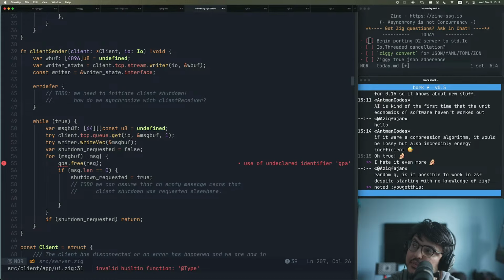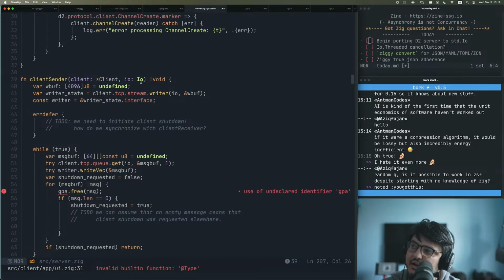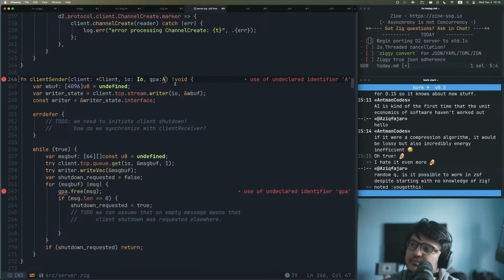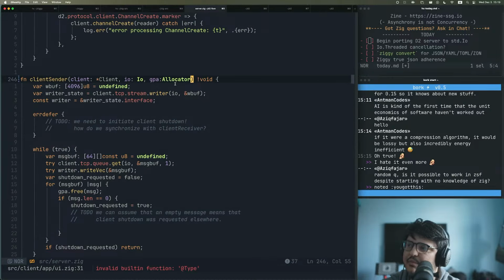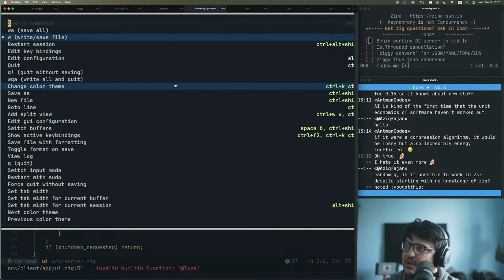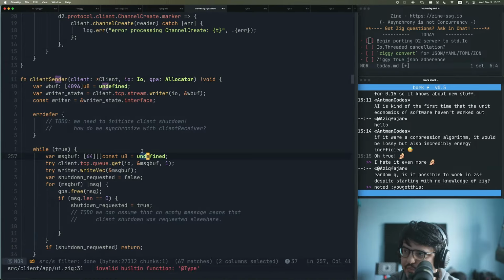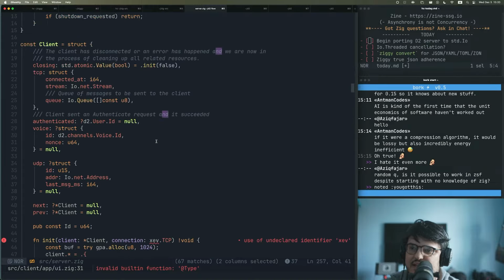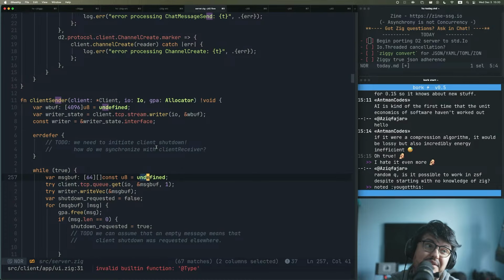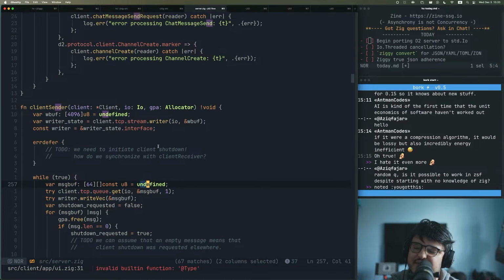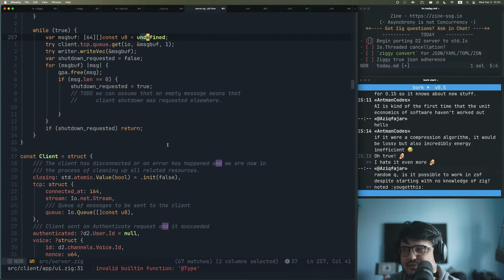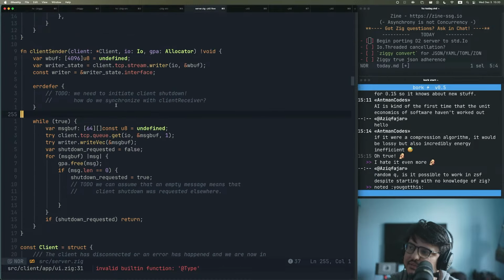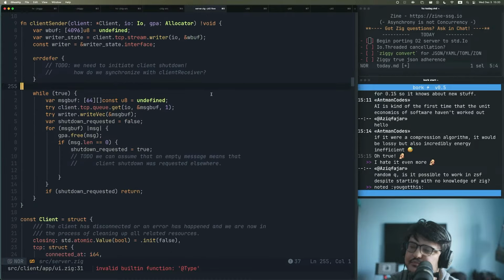The problem is that now I need to rethink this stuff, and it will be a while before we get to a running state. And once we do get to a running state, there's going to be bugs. There's also the client that is not updated. But anyway,